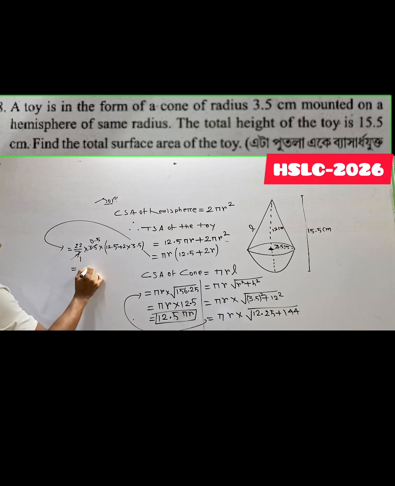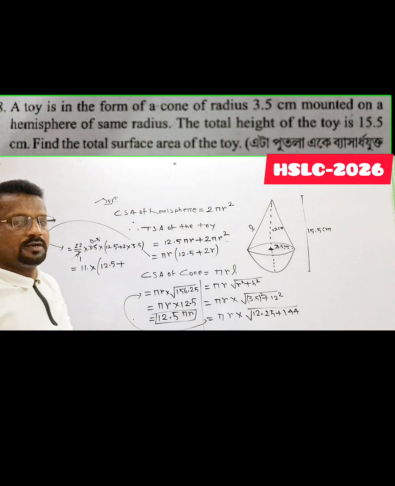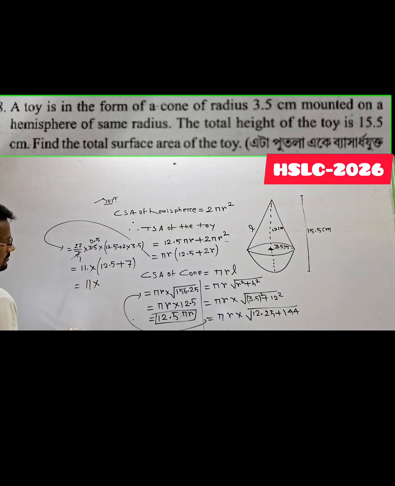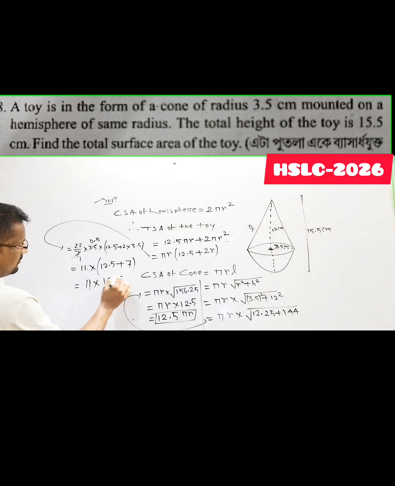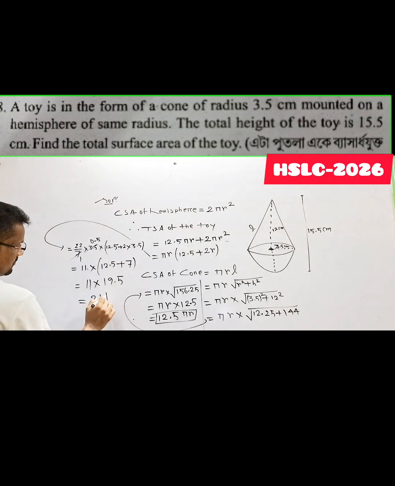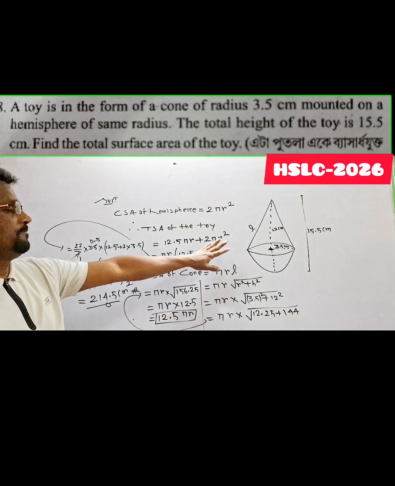If you multiply this, just 11 will be there, just you write 11 into 12.5 plus 2 into 3.5, so 7.0, just 7 you write here. Next 11 into, take the sum, it is 19.5. Now just multiply 11 and 19.5 and you will get the answer as 214.5 centimeter square. If you calculate this, 214.5 centimeter square, this is the area of the toy. So this way you can